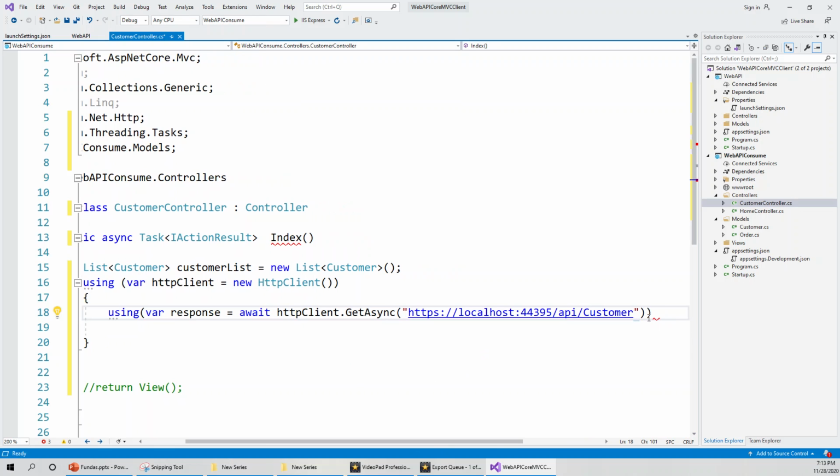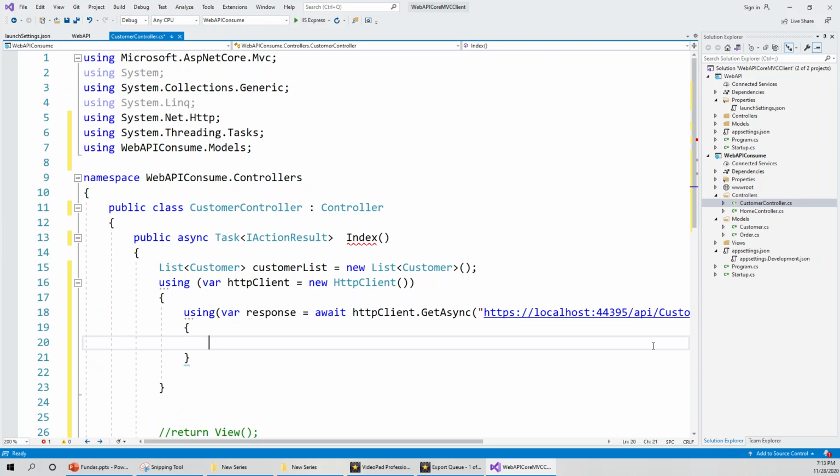And then following the using statement is a pair of curly braces, and then I will initialize another variable, string apiResponse. Now this will suggest that this is a response from the API. apiResponse equals, now await